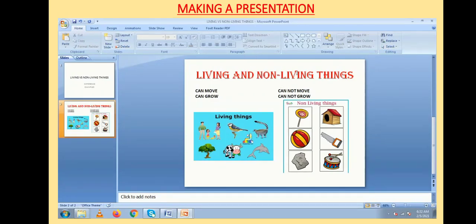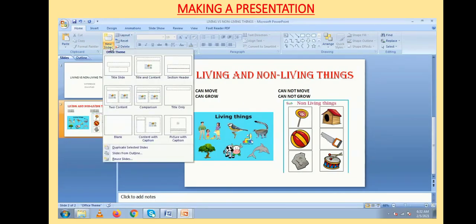So in this way, when you are making a slide, you have to first decide the use of your slide, and accordingly you can choose a layout that is more suitable for your purpose.